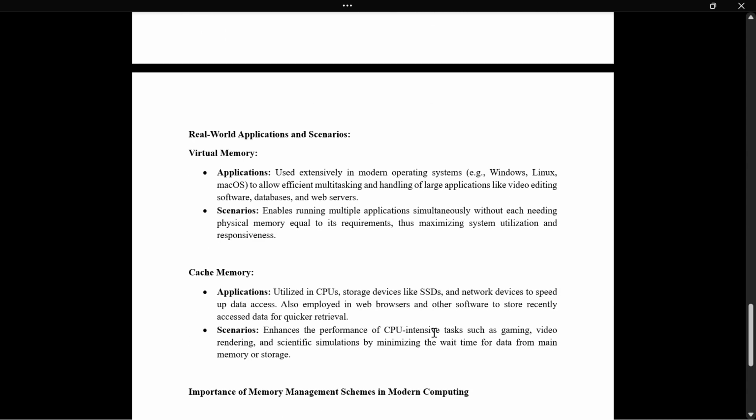Real world application scenarios for virtual memory: it is used extensively in modern operating systems like Windows, Linux, and macOS to allow efficient multitasking and handling of large applications like video editing software, databases, and web servers. Scenarios: enabling running multiple applications simultaneously, each needing physical memory equal to its requirements, thus maximizing system utilization and